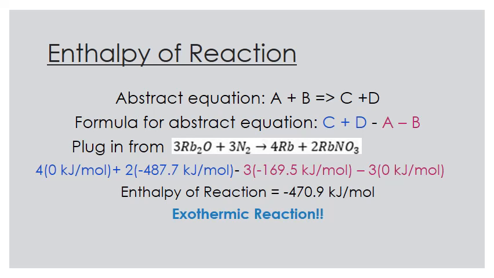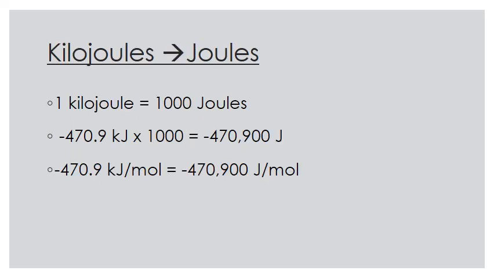And as we plug those in, what we got as a result was the enthalpy of reaction, which is negative 470.9 kilojoules per mole. Since this has a negative enthalpy, this is an exothermic reaction, because exothermic reactions release heat. The next thing we have to do is turn the enthalpy of reaction into joules. So 1 kilojoule equals 1,000 joules, therefore we take the enthalpy of the reaction, multiply it by 1,000, and we will get negative